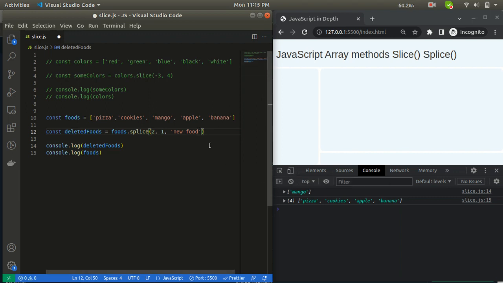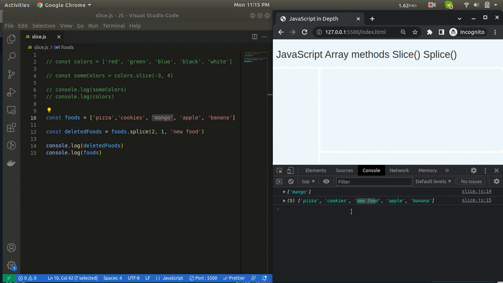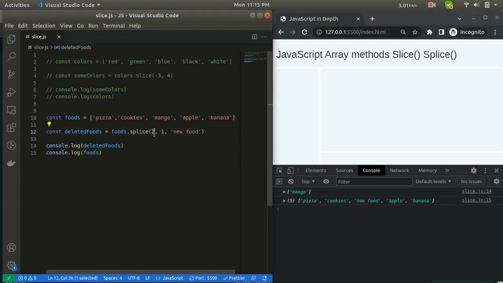If we check, mango got deleted, and in the original array, new food got added. Whatever new element we add, it is added from where we deleted the element. We specified the index, the second index, so it was added in the second position.